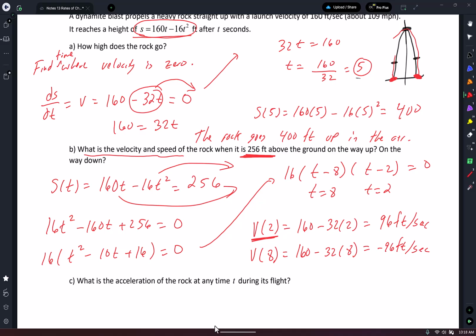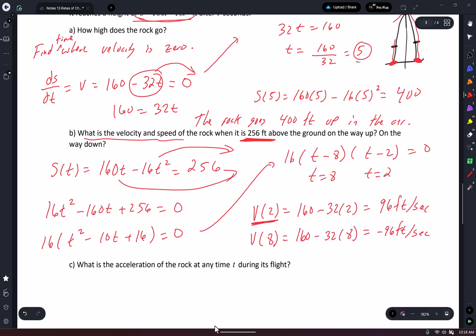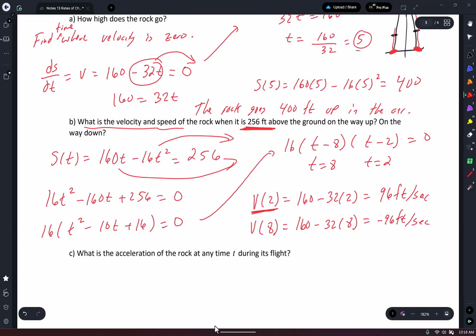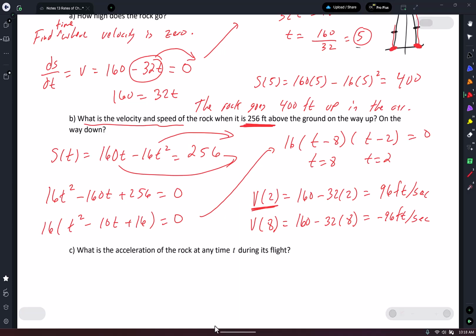Check it out, guys. Are you going to tell me that the speed of the rock at 8 seconds is negative 96? No. Speed is always positive, the absolute value. So I'm going to write a sentence. Speed of rock when it is 256 feet above the ground on the way up and down is